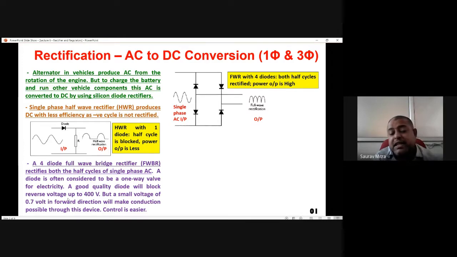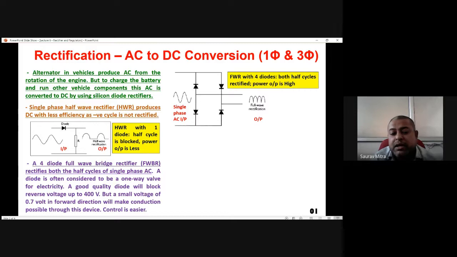But in the reverse direction, even if you connect 400 volt AC, this diode is not going to conduct. Just see how much pressure it can withstand in the reverse. Even if you connect 400 volt AC in the reverse direction, that is, the cathode connected with positive and the anode connected with negative, that is actually reverse bias. In that case the diode will not conduct, but a small voltage of even 1 volt in the proper direction, in positive bias, will make the diode forward biased.